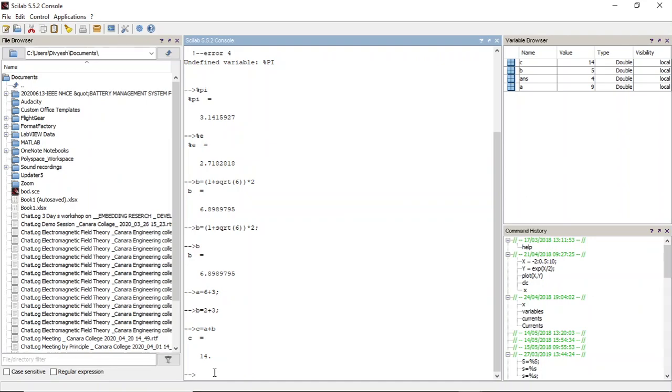It's not nice, right? Going to help every time for finding. So I have a trick for you for finding all the embedded Scilab functions in one go in the console. You can use the tab key on the keyboard to complete the name of a function or a variable, just by giving its first one or two letters.